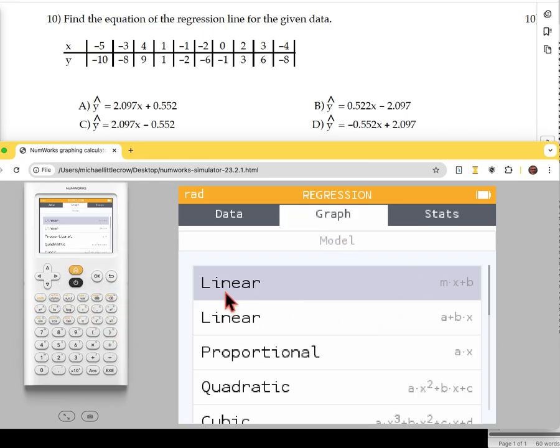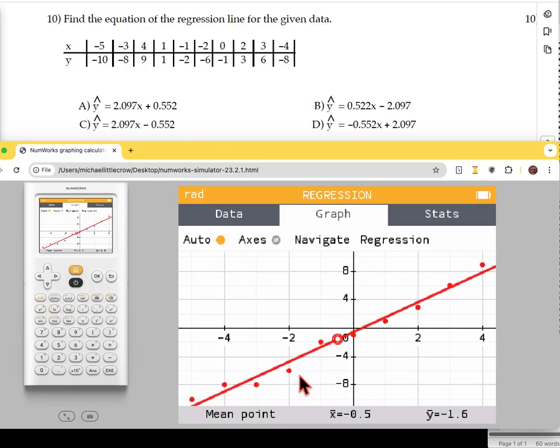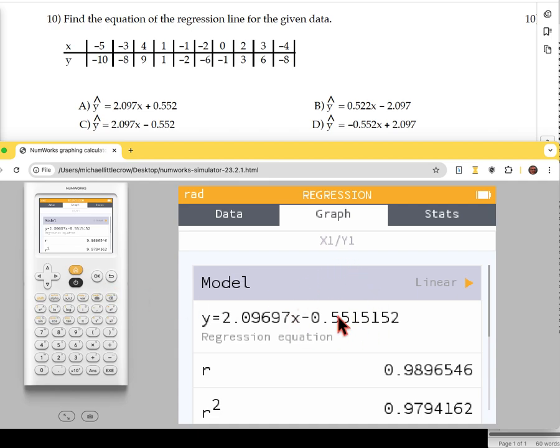And then what we're going to want to do is the linear regression. The one I've been using is the first one. Notice the second one is sort of backwards, different values, but I'm going to stick with this first one. It fits the line there and gives some values, but what we want is the equation of the line. So we hit enter again, and it takes us to the model: y equals 2.09x